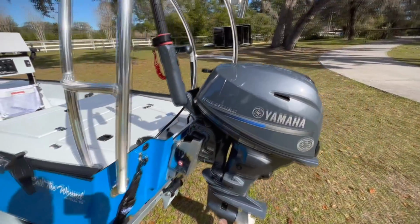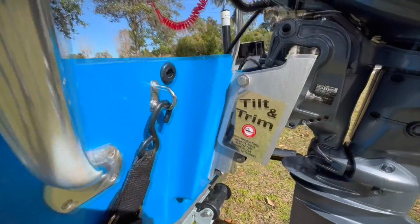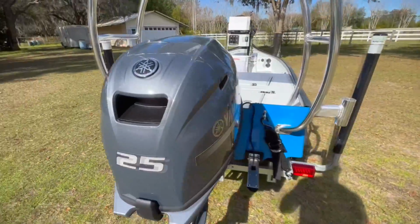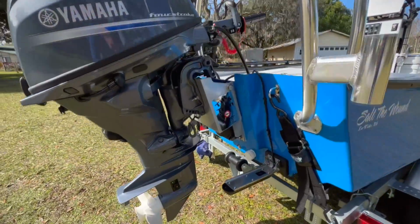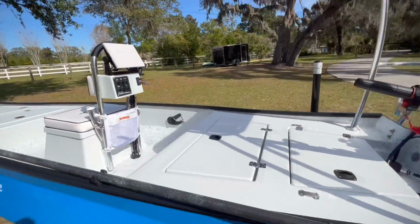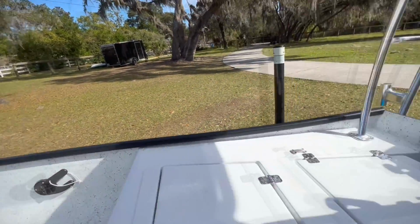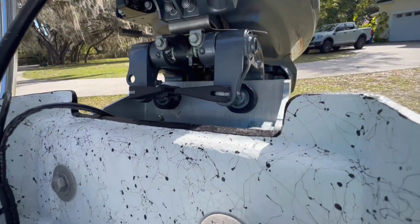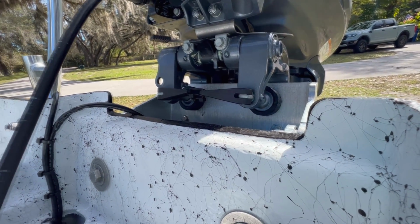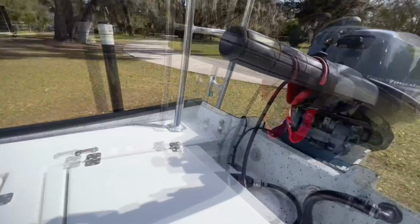So the next best thing about this boat is going to be my Bob's tilt and trim unit right here. This is going to come in super handy, especially when running in really skinny water. One of the things that I really love about this is that I'm able to now jack my motor up and down, and it also works as a fixed jack plate. Right now I have it at about 2.5 to 3 inches up from the top of the transom, and you'll see as I jack it up or down here,